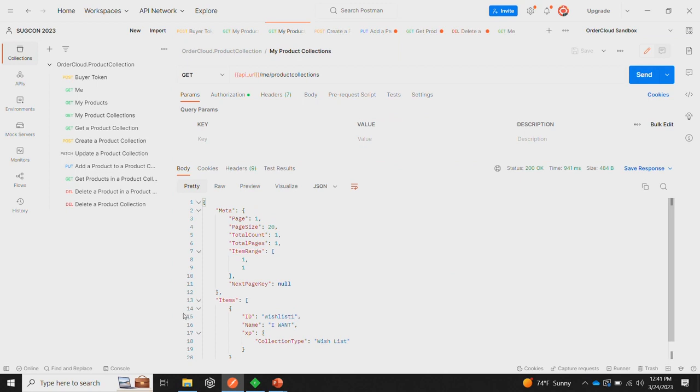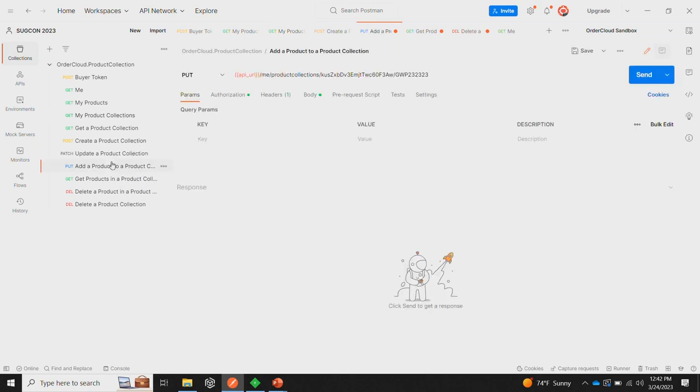Now in this wish list, I can add a product. This is my product collection ID, wishlist 1, and I have a product with this ID.